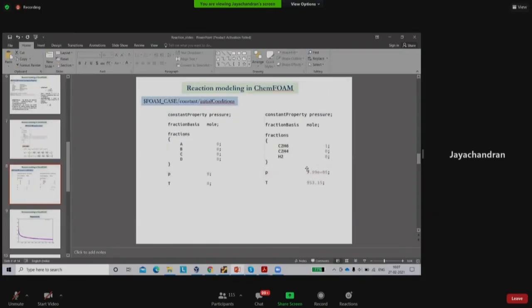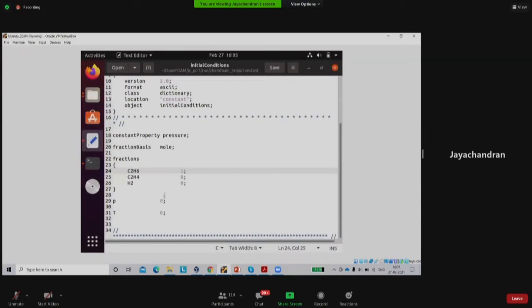So these values again comes from your reactor conditions. If you have a packed bed reactor or a photocatalytic reactor or whichever reactor, you have to take those conditions, reactor inlet conditions, and give those values. So pressure in my particular ethane cracking case was around 3 atm, and temperature was around 933.15 Kelvin. So this is in Pascal and this is in Kelvin. So I will just change those values.